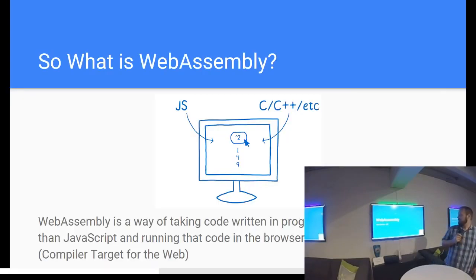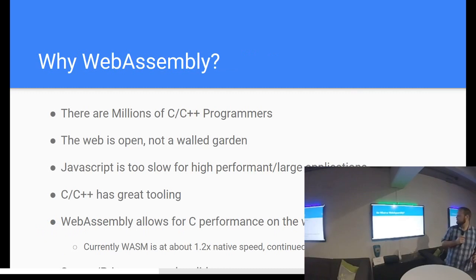All right. So WebAssembly is a way of taking code written in other languages and targeting the browser. So what does that mean? It means that you can run code on the browser at near native speeds. It's not JavaScript. Right now it kind of is. There's this kind of weird middleman thing, but basically, yeah, it's a native experience in your browser, targeted from, right now, C and C++.